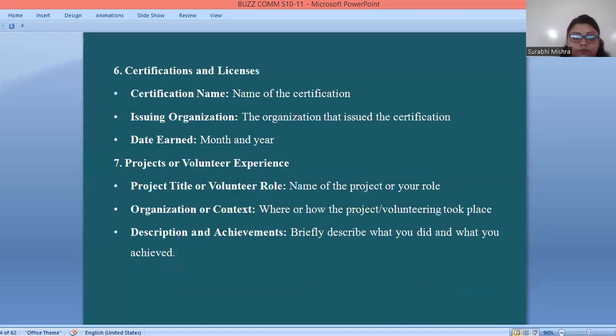Moving further, the next heading that comes in your resume is certifications and license. Now, certification and license includes the name of the certification which you have possessed, the issuing